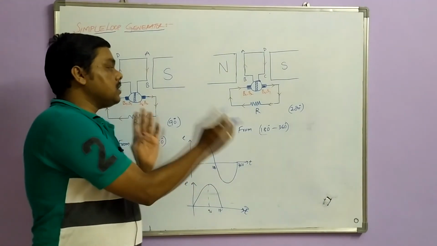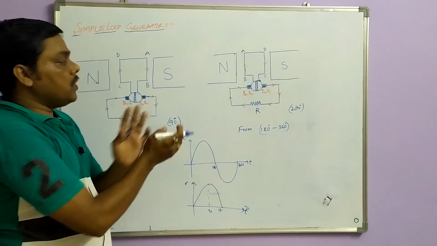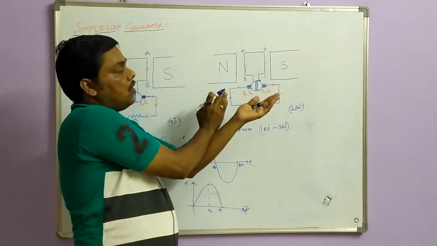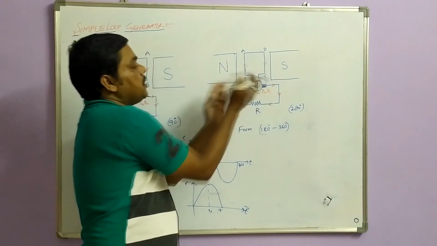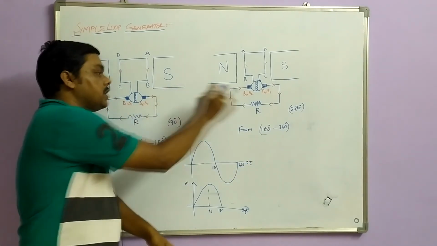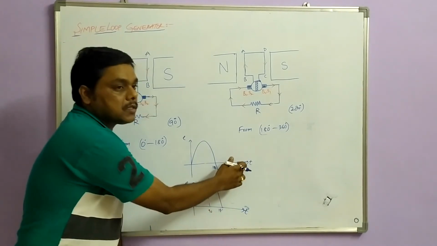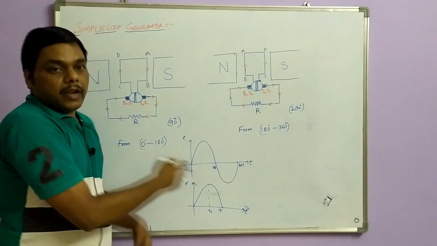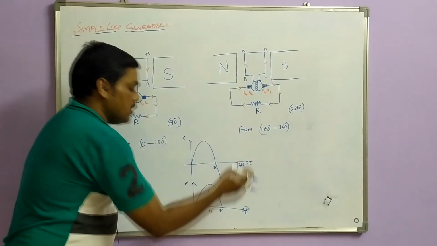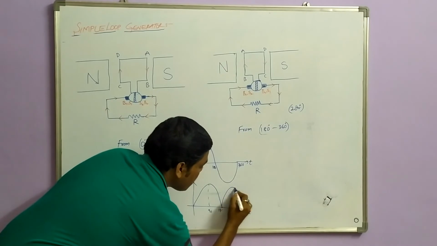But after 180 degrees, what is happening? The current is going to reverse. Now when the current reverses, what are we doing? We are interchanging the segments also. Now when the segments are interchanged, what is the direction of your current? Current through the load resistor remains the same. So what is the next cycle from 180 to 360? Is it the negative cycle, or again are you getting one positive cycle? As per your load current, from 180 to 360 degrees you also get the same positive cycle.